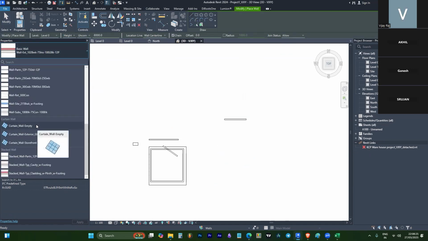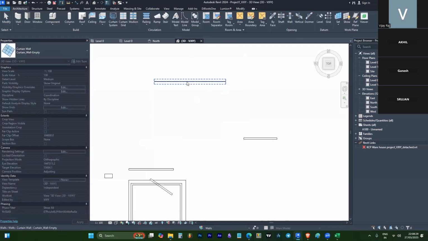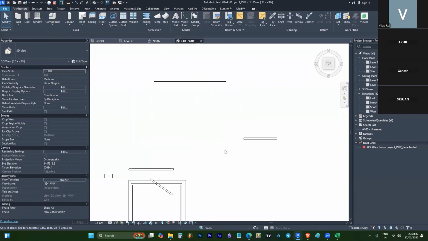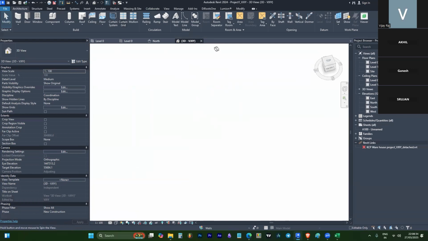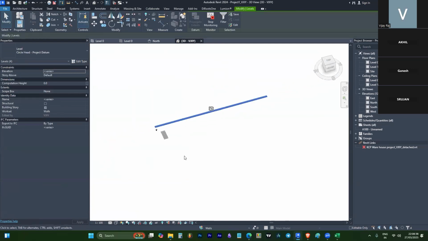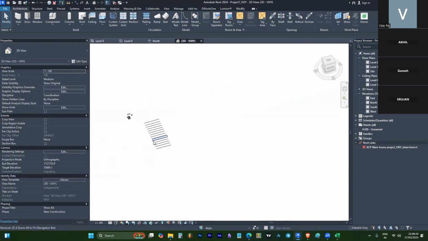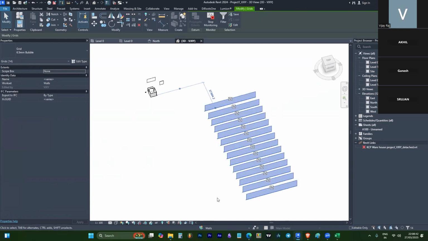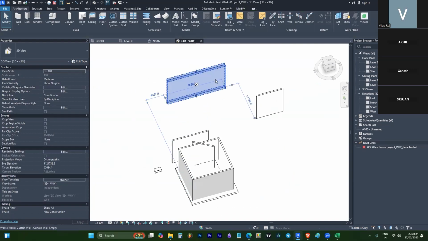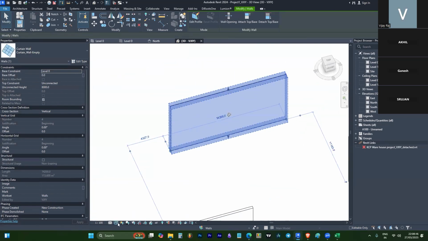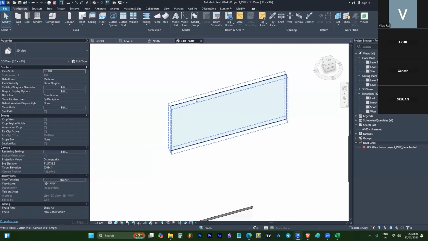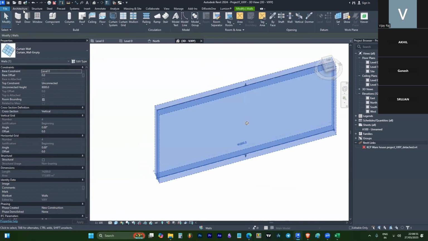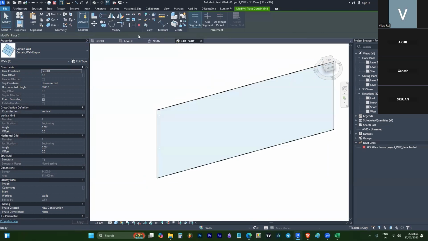First of all, I can create one curtain panel. In the curtain panel, if I go to 3D mode, like this, this is the curtain panel we have drawn here. If I create one more grid,